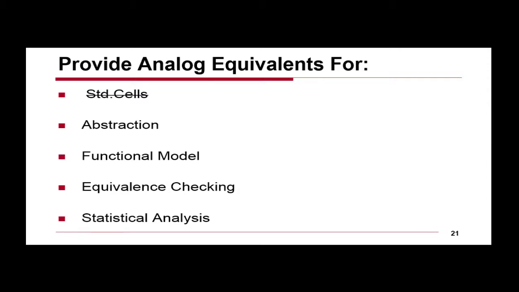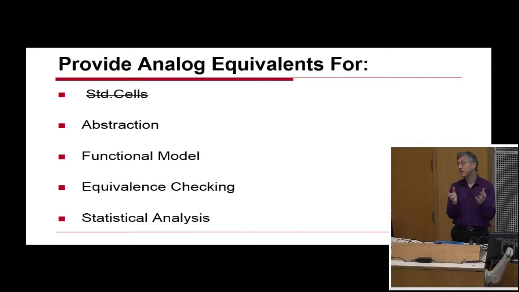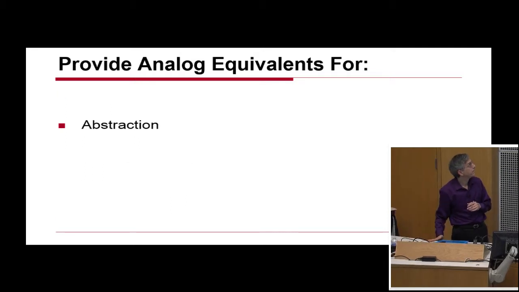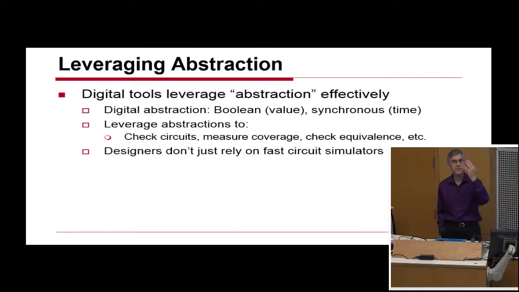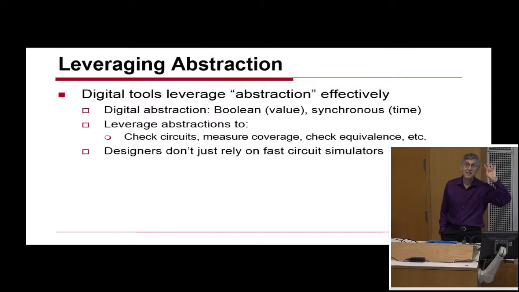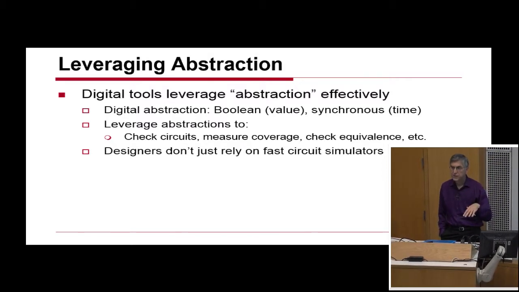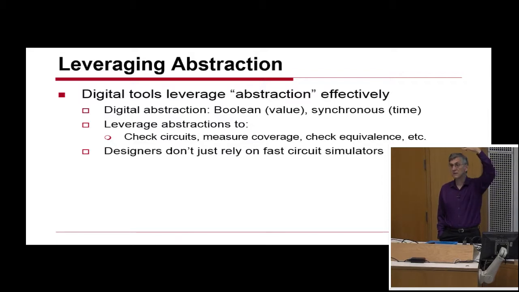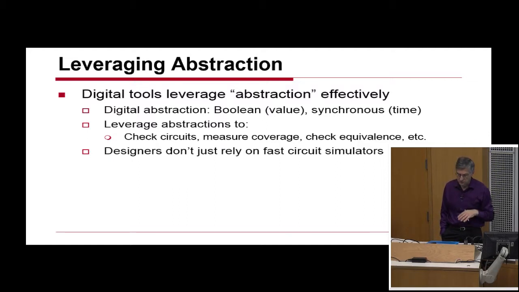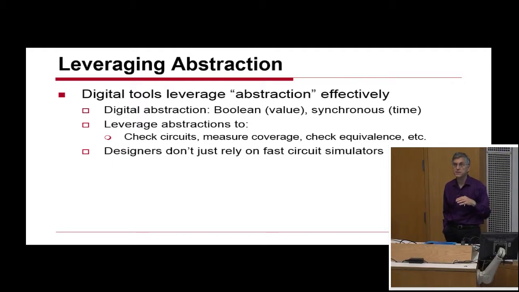But if all we do is that, we're still manually creating the cells, and we're manually putting them together. So we need to do something else. The next thing we need is an abstraction. Digital tools use abstraction really effectively. Basically, we think about not the voltages and not even the delay in general. We think about voltages and synchronous systems. Some changes occur. On the next cycle, we do something else. That allows us to work at a much higher level, allows us to work at kind of Verilog. And we have tools that do the timing and the detailed electrical checks. Which means that a digital designer is never complaining that they want a faster SPICE simulator.